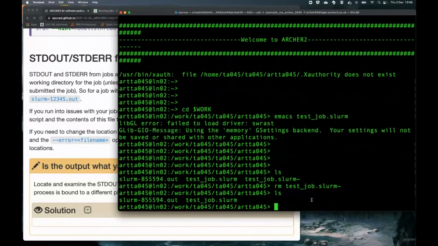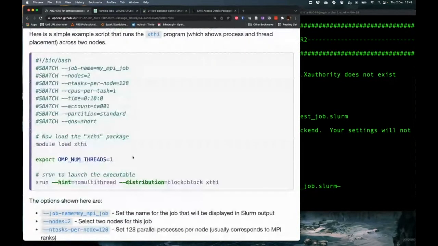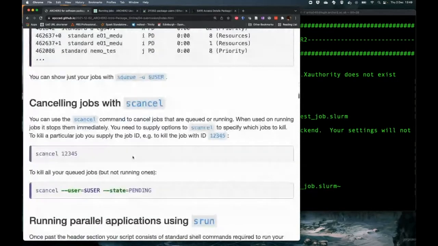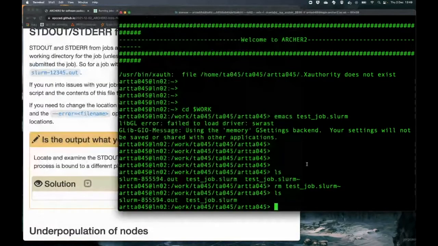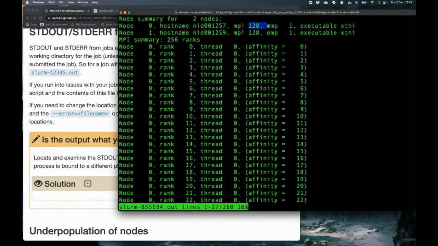Okay. So we'd submitted quite a simple job, just running this XT high executable that was supposed to show binding. Okay. And looking in the output from the job, you can see what it does is it gives you a summary of which nodes are in use, which nodes you've got access to. I got these two nodes, how many MPI processes and how many OpenMP threads and what the name of the executable was on the two nodes, which is the same in this case, and then